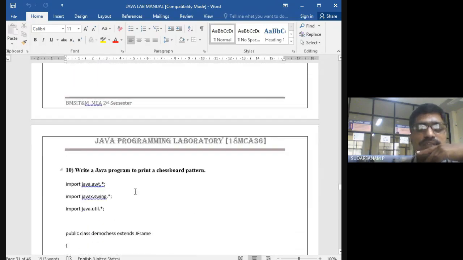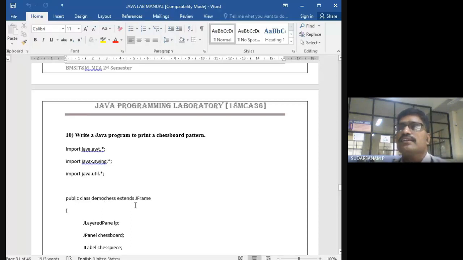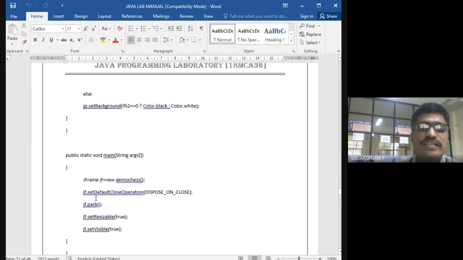New DemoChess is nothing but the class name. This extends directly from the built-in package, this is not an interface, directly we are using it from the package. That is why jf equals new DemoChess. That is the statement we are writing here. We are using the frame directly from the packages, so the frame is created automatically. They have written the code, just use those methods, that's it. Now jf.setDefaultCloseOperation. We have to set the close operation. What type of operation will we do? It is DISPOSE_ON_CLOSE.